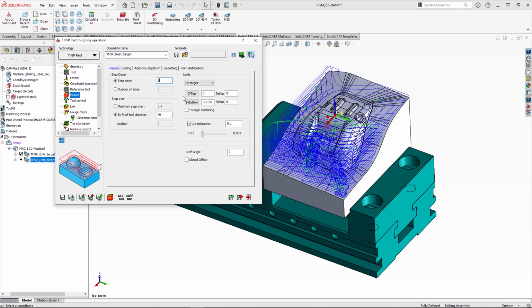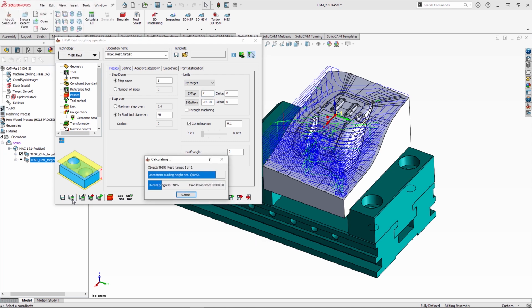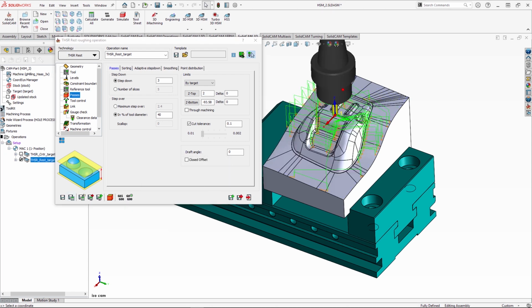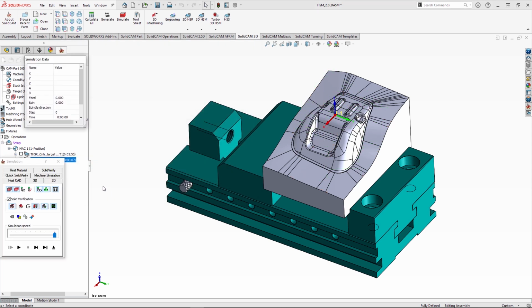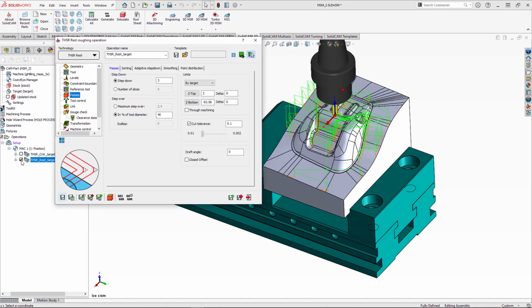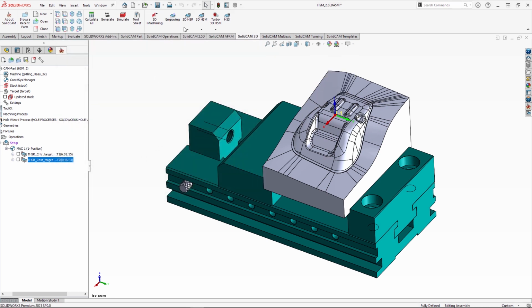In here we could change the step down again to 1mm to get some better resolution if need be. If I go save and calculate, you can see this calculates for us really quickly, and we can then go and check the simulation of what we want to do. From here, as we'll see, as the stock builds up, it goes in and attacks the little corners that we might not have been able to get to with the 20mm mill. From here, we can go and say the roughing is complete, so we can move on to Turbo 3D HSM.